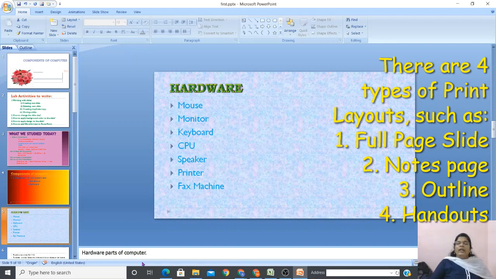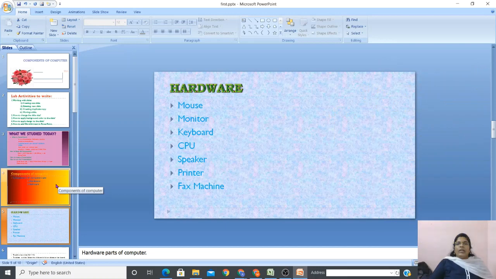Okay, then the third one, handouts. Handouts in the sense will display all the slides with a small thumbnail, and only the content will be written there. You can see that. Within a page you can cover everything. No need of taking all these slides. So one single page which has a thumbnail of all the slides and only the content we have written, you can see. That is called handouts. Then the last one is outline. Okay, the next one is outline. So this outline prints the overall layout of the slide. Clear?